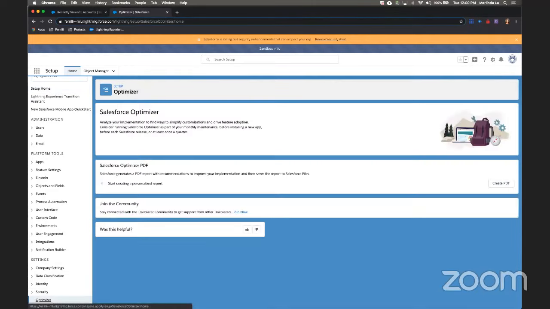So you click Optimizer. And then there are three sections here. The first section, this part right here, is basically explaining what the Salesforce Optimizer Report is. It's a tool that's used to evaluate your Salesforce org to determine how your company is using certain Salesforce features, and then identifying ways that you can improve them, like whether you're reaching your limits, how to drive adoption,